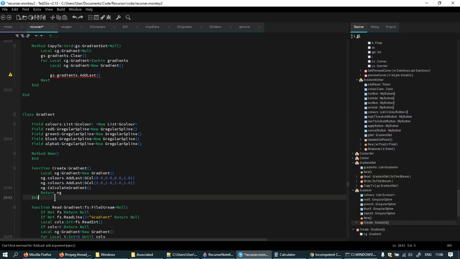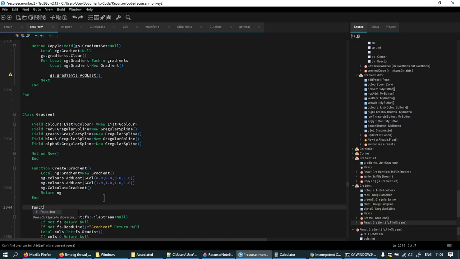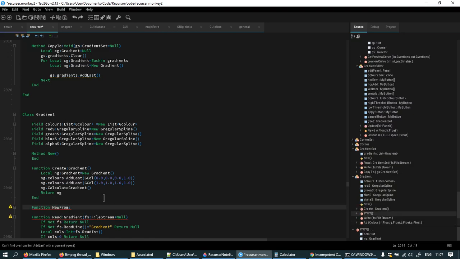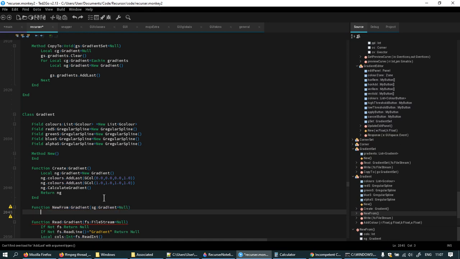but then on the other hand I could say function new from, couldn't I? And use source gradient. The only thing that ever stops me doing this is the fact I feel like I'm now making inconsistencies. Local new gradient equals new gradient,